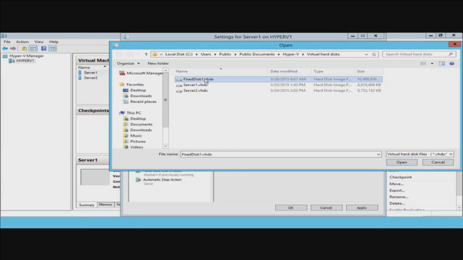And I want you to notice that when I came here, default shows dynamically expanding. Now, a dynamically expanding disk conserves the space on your physical host. In other words, we're not allocating all of that disk space right away. We're going to allow this to gradually grow. You may not know exactly how much disk space you need, so this will allocate it as required. But like we had mentioned earlier,